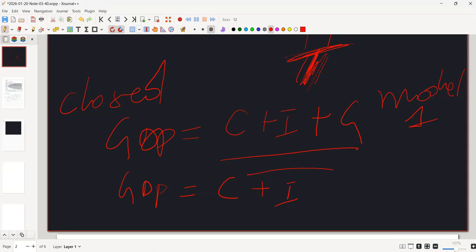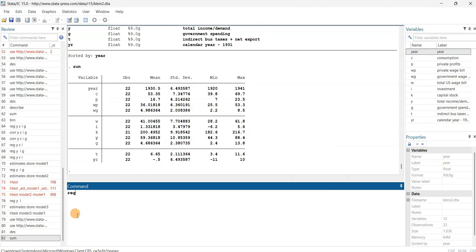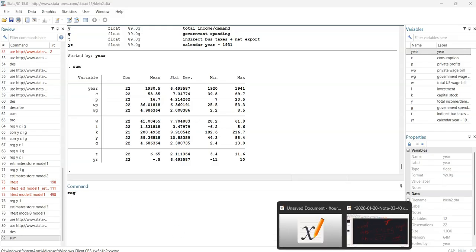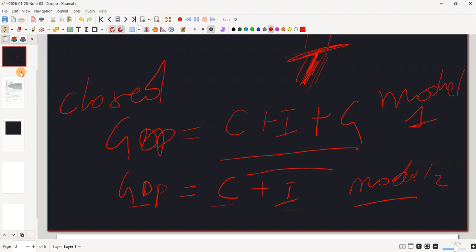We remember the classical economy, what they say. They assume that demand and supply can be driven by an invisible hand, right? So no government intervention. We assume that the economy is being driven by consumption and investment, but there is no government spending, no government intervening. So it will be our model two. Okay, let us test. Before testing,